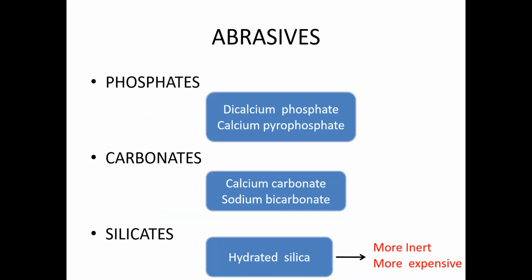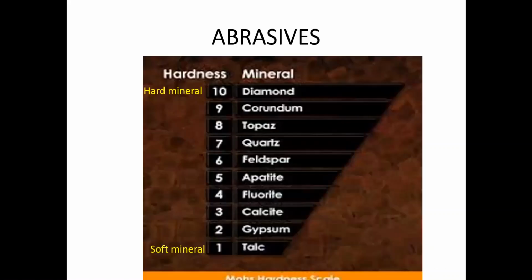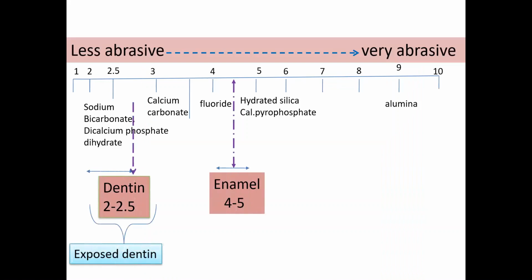The common abrasives that we find in any toothpaste are phosphates, carbonates, or silicates. Here the abrasives are scaled from 1 to 10. It is the Mohs hardness scale with a spectrum of 1 to 10, where the soft mineral comes at 1 and the hard mineral at 10. This is compared to the dentin and enamel. The hardness of dentin is 2 to 2.5, whereas that of enamel is 4 to 5, which means